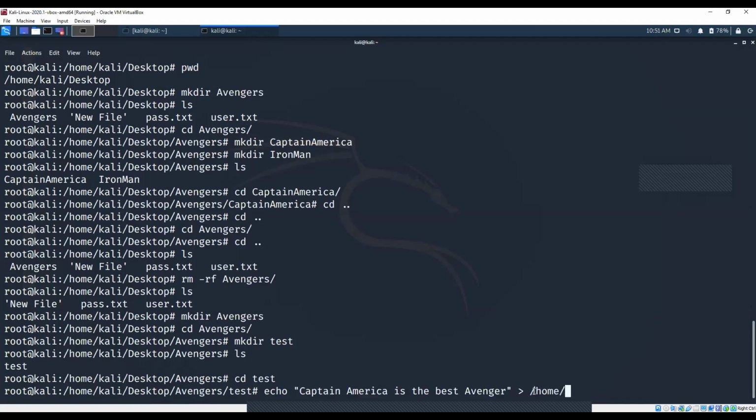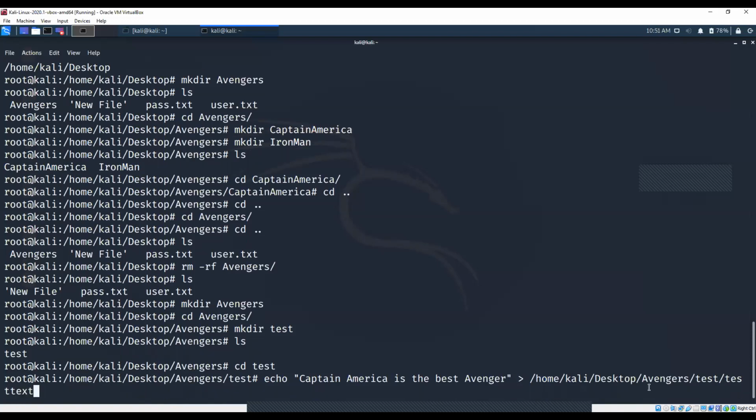So I'll go with home, Kali, desktop, Avengers, and test. So this is the path where this particular test folder is. So I'm simply giving the redirection operator so that this should be echoed into this particular path with the file name test text dot txt.